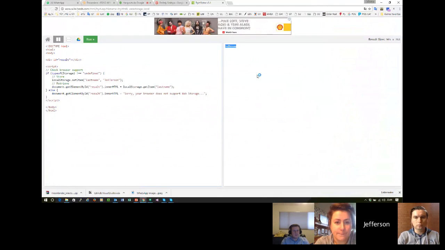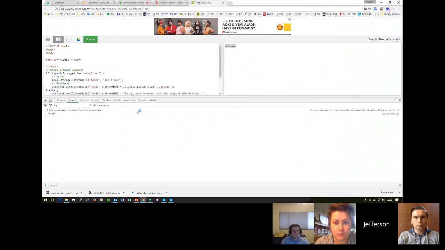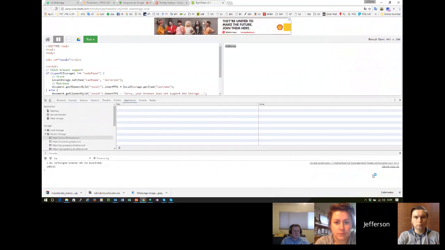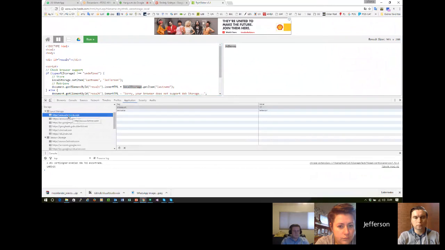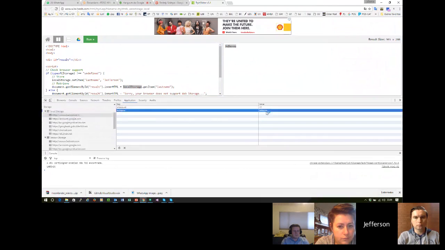I like to see in the debugger of Chrome where we can find the local storage. So if we go to the Application tab here, in this part we have session storage and local storage. I am using local storage, right? So here I have the website, and here we have the last name equals Jefferson. Okay, so if I change here to my last name and run, we already changed it. Okay,